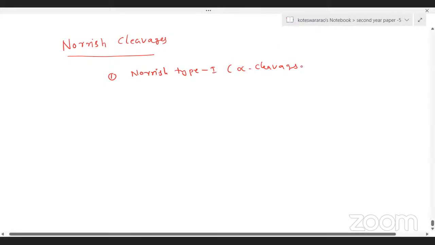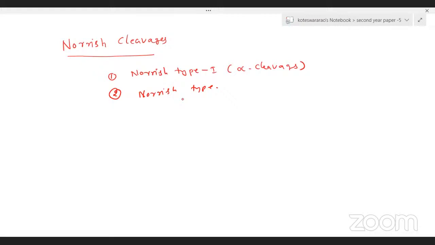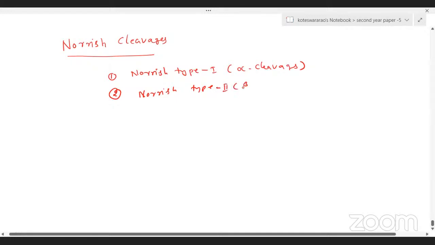These are known as alpha cleavages. The first type is Norrish type 1, and the second type is Norrish type 2. In Norrish type 2 cleavage, the beta bond will be cleaved due to gamma hydrogen transfer or abstraction. Okay, Norrish type 2 cleavage is known as beta cleavage